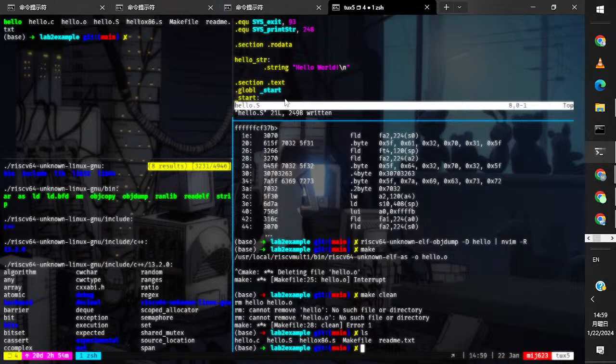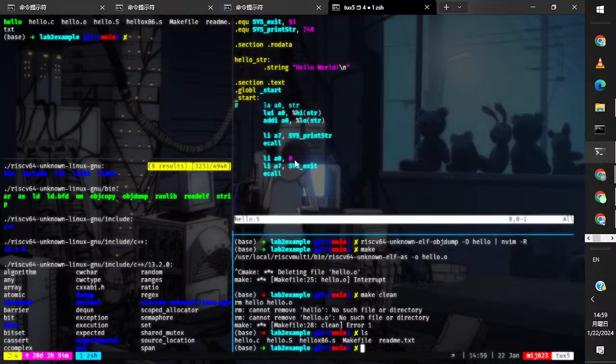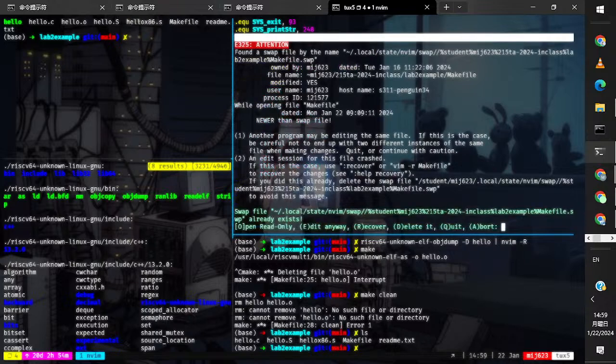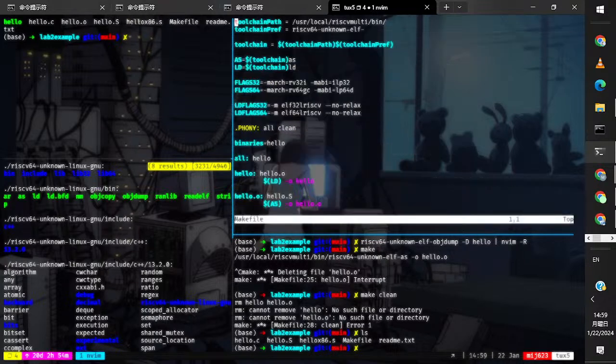What is, let's take a look at the makefile. Alright, so in the makefile, I just define this toolchain path and toolchain prefix. If you're doing your lab,